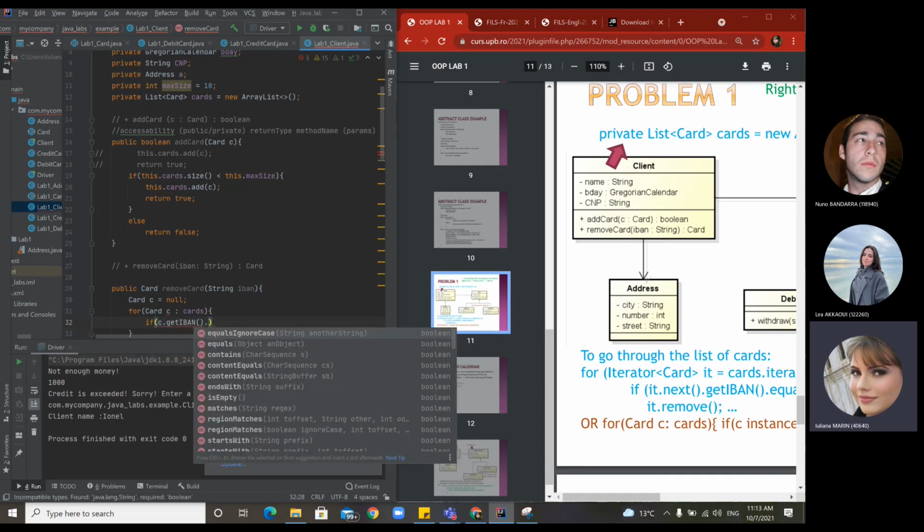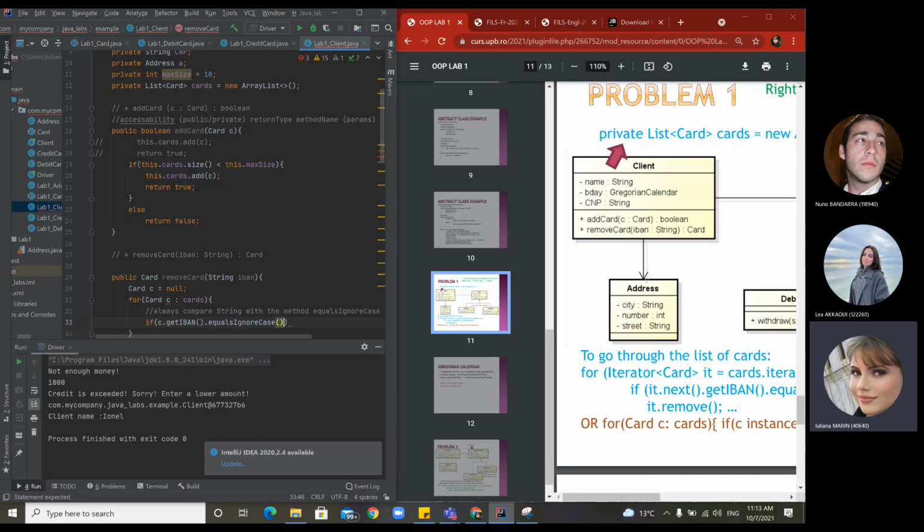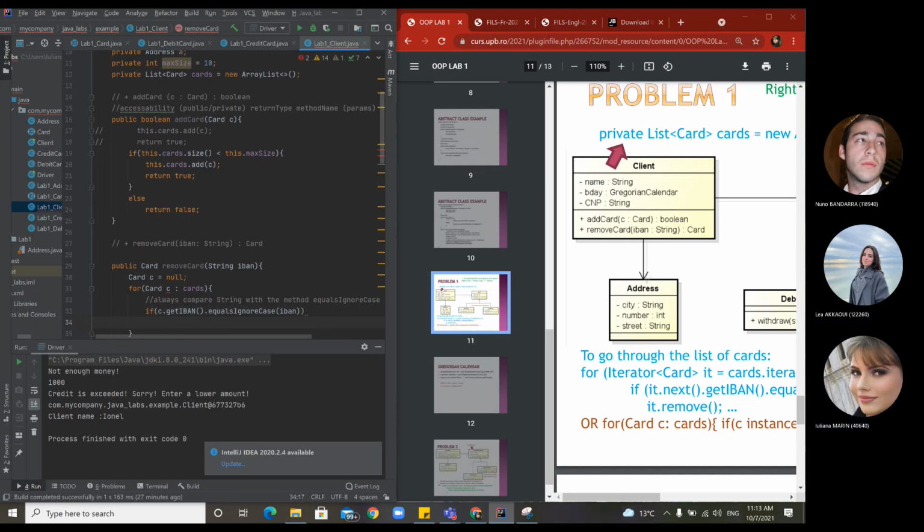IBAN is a string, so you always compare it with equals ignore case. So always compare strings with the method equals ignore case, because you can write it with uppercase, lowercase inside, and it's a human error. So whether it's equal to IBAN, no matter the case, it means that yeah, I have